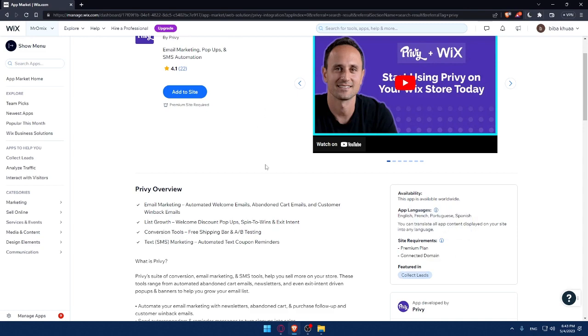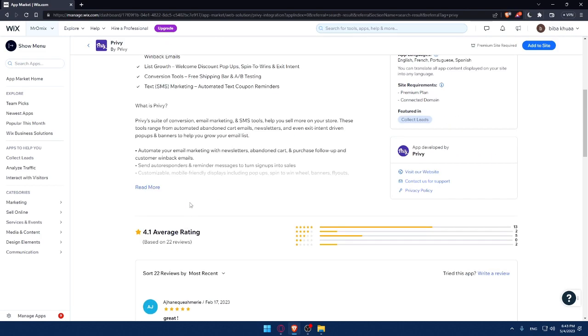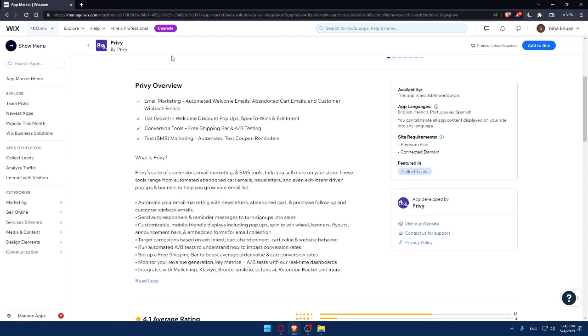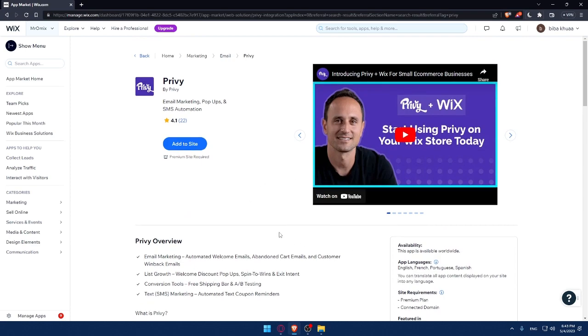this app. The Privy app will come with these features, as you can see: email marketing, automated welcome emails, abandoned cart emails, and customer win-back emails. List growth: welcome discount pop-ups, spin to win, exit intent, and conversion tools, free shipping bar, and A/B testing. And SMS marketing, automated texts, coupon reminders. So, of course, if you want to read all the features, make sure to click on read more and read them all from here. Once you think that you want to install it, make sure to click on add to